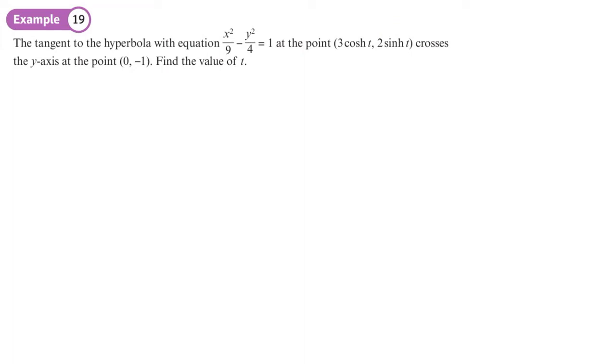Okay, so this time it says the tangent to the hyperbola with this equation here, and at this point, parametric, crosses the y-axis at the point 0, negative 1, find the value of t. Now we're going to assume that we've remembered what the formula is for the tangent of a hyperbola, and we're going to use it. Now if you don't remember it, then you're going to have to take these parametric points